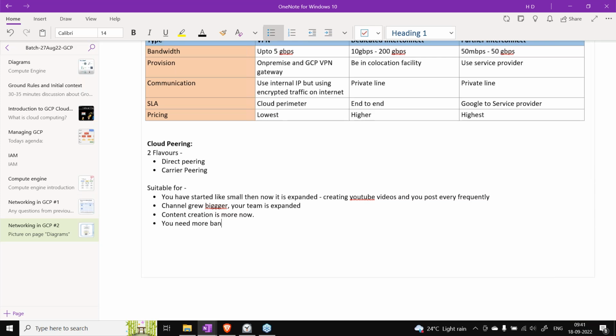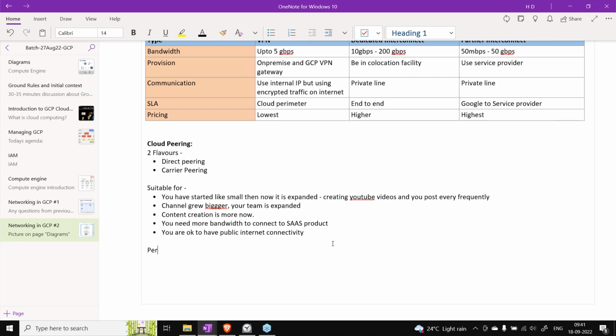My point is, you need more bandwidth now to connect to SaaS products, and you are okay with public internet connectivity for this data transfer. That's where you go for something like peering.